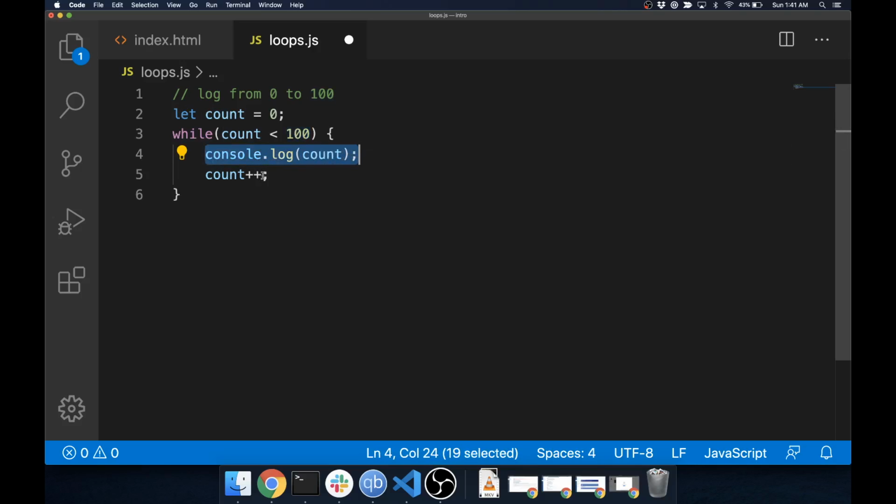We log count, count plus plus, count is 2, and so on and so forth. And eventually we'll get 100 is less than 100. Since 100 is not less than 100, that's false. We will break out of the loop, and we will get to